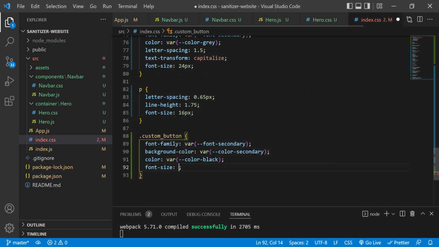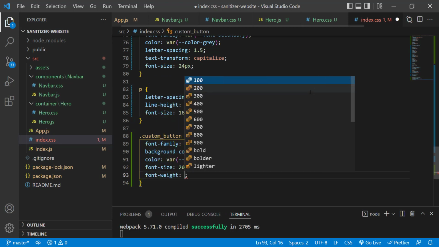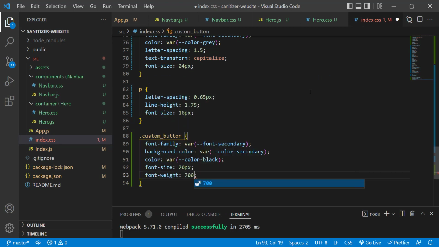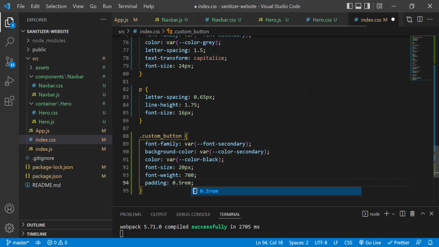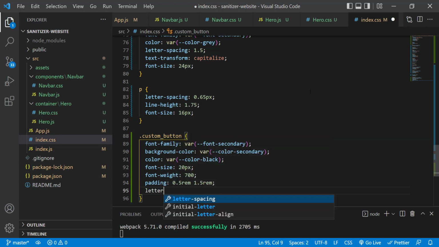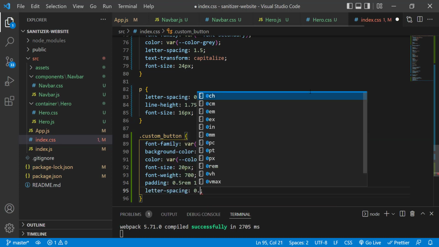Let's say font size 20 pixel, font weight 700, let's say padding 0.5 rem on top and bottom and 1.5 rem on left and right. Let's say letter spacing 0.65 pixel,